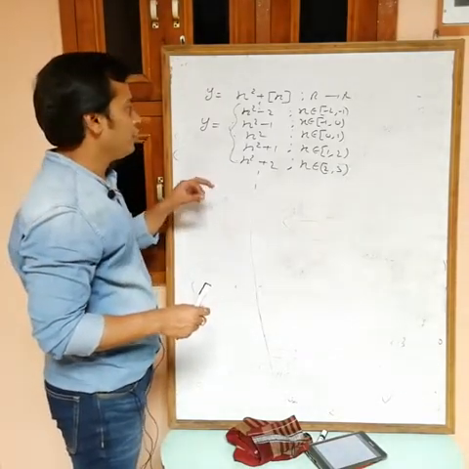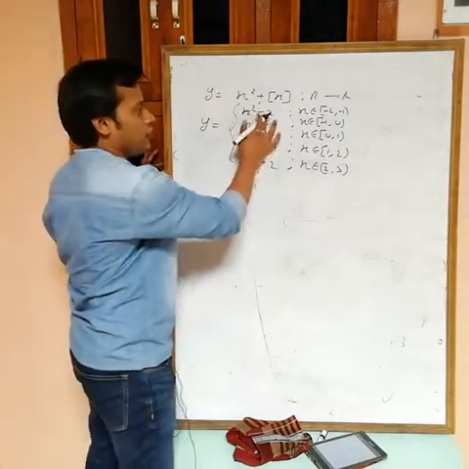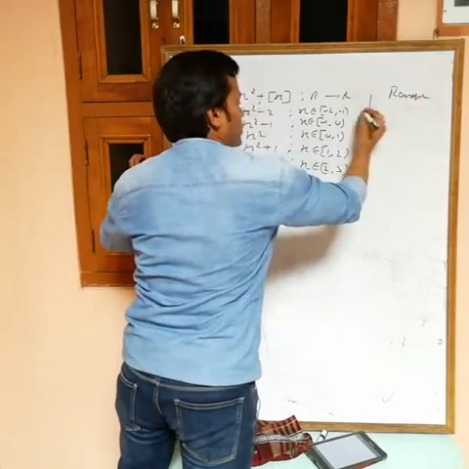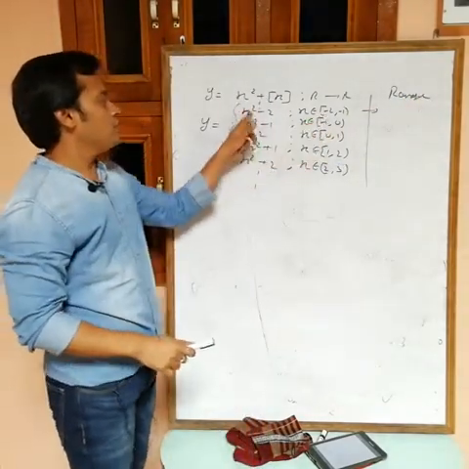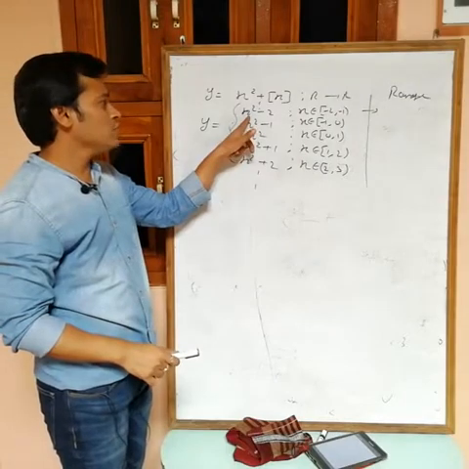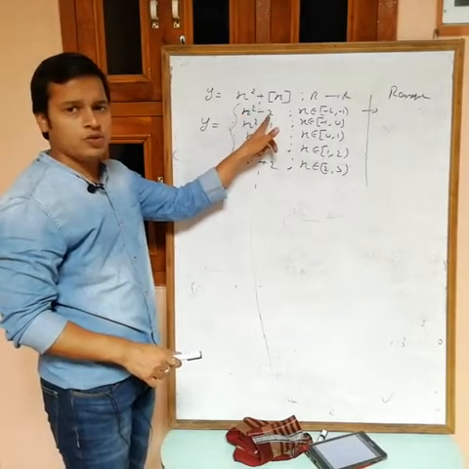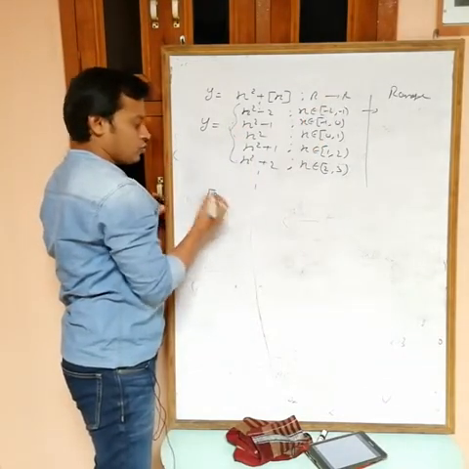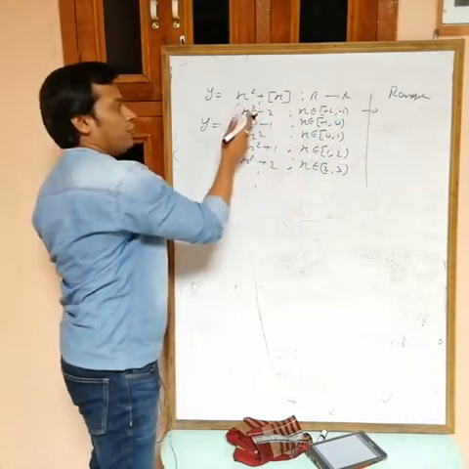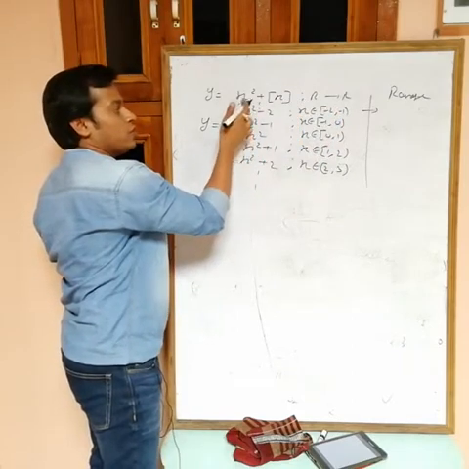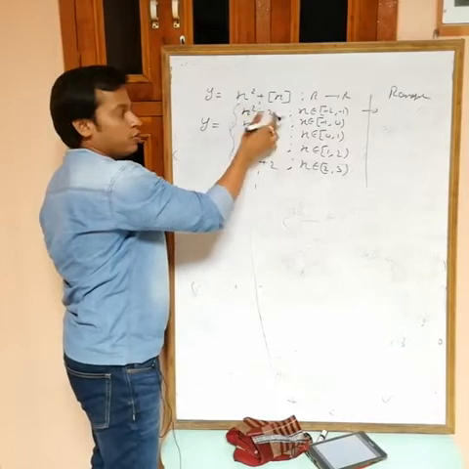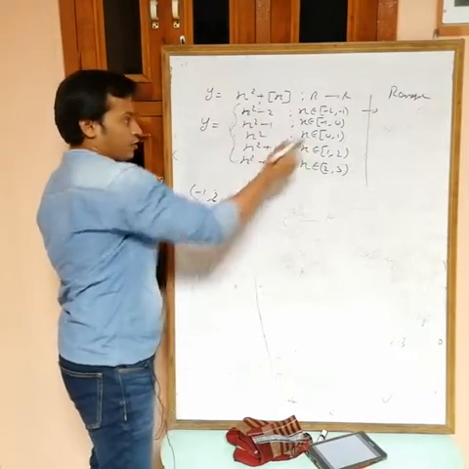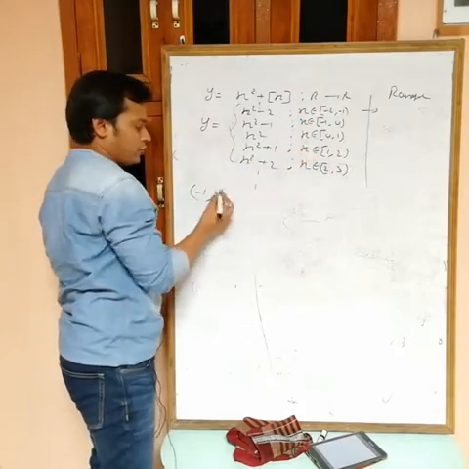Now actually I said that for y equals 1 there is no x belongs to R, but no, actually we have. Suppose I am finding the range in these intervals. If you put minus 2, what we are getting? Minus 2 square is 4, 4 minus 2 is 2, included. Now put minus 1, then minus 1 square is plus 1, plus 1 minus 2 is minus 1. Now this is open because this is not included, but 2 is included.